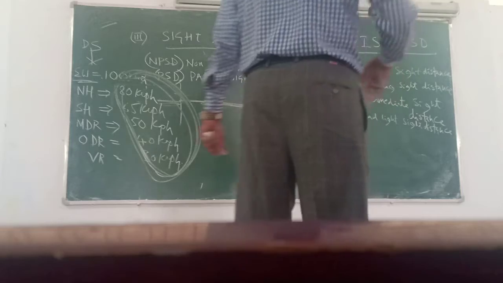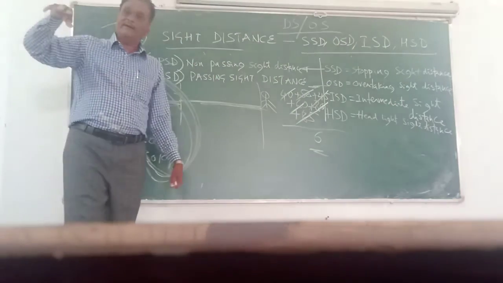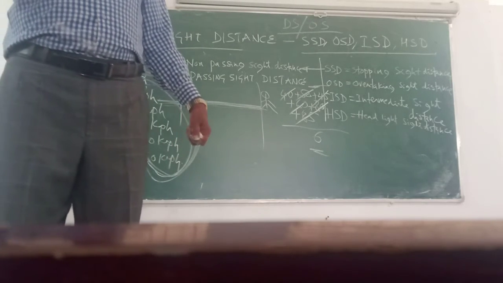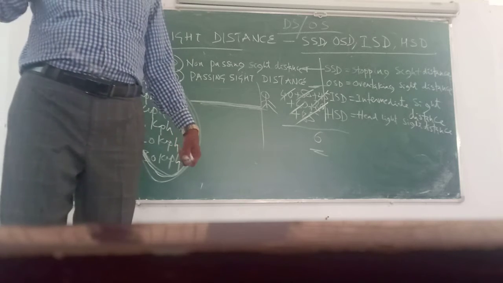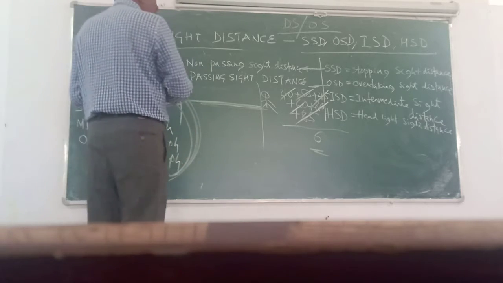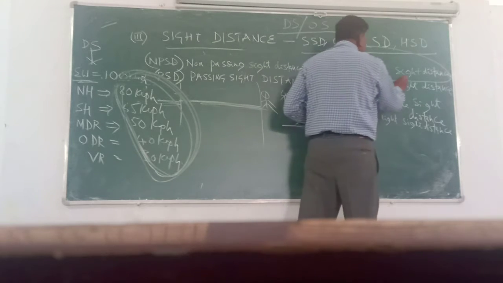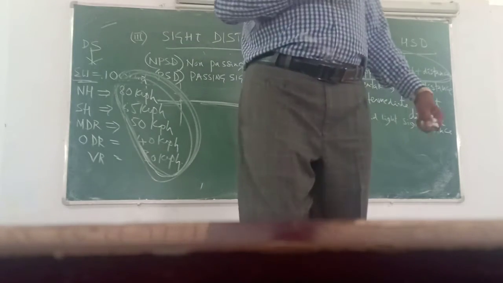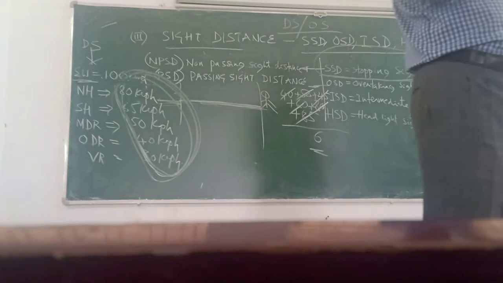Leave it now. Coming back, sight distance, as I told you, is the distance available or visible to the driver ahead, so that he should be able to see the moving as well as the stationary objects on the road surface. Now, after having told this, I would like to define stopping sight distance. It is the minimum distance required by the driver to bring his vehicle to a dead stop after visualizing the object. I repeat.